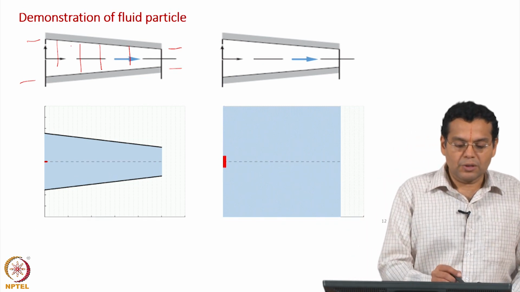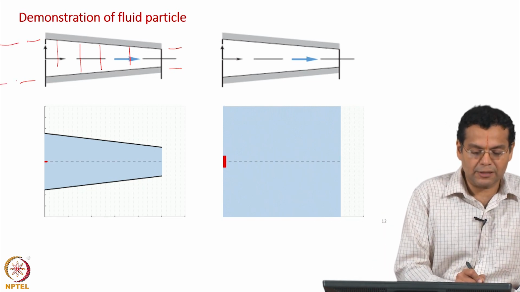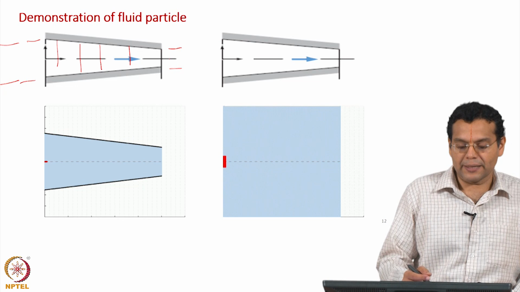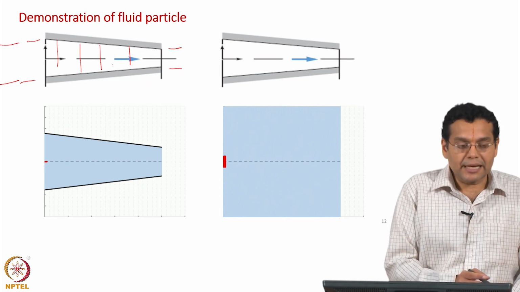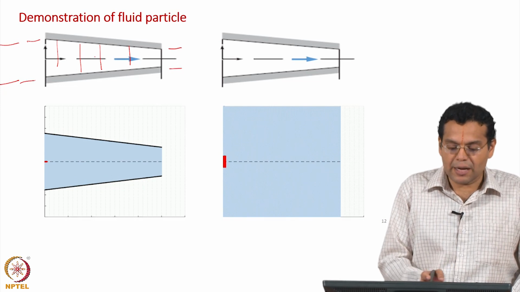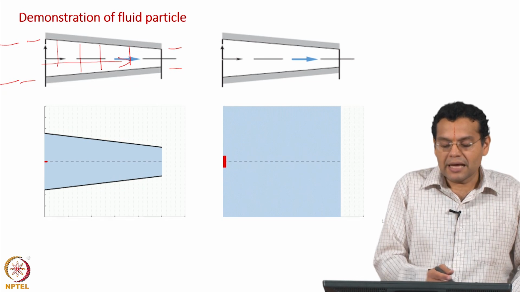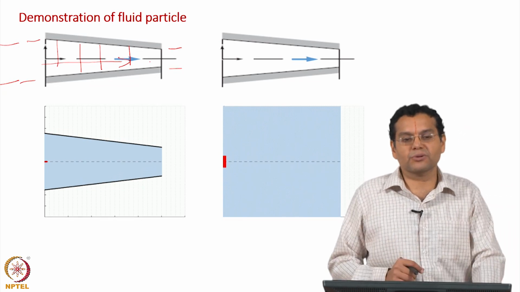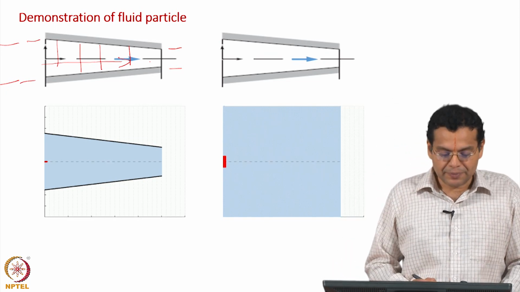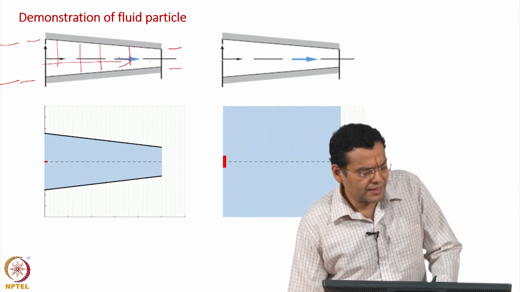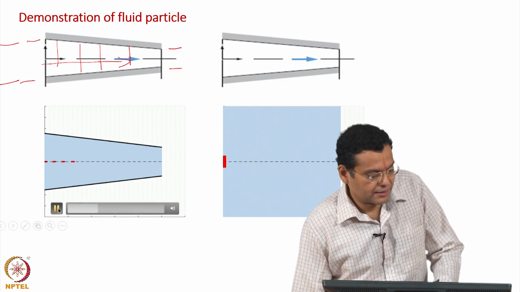In the earlier case there were two parallel plates and the distance was constant throughout. In this case once again you have two plates, but the distance between them reduces, so the area over which flow happens reduces in this direction. So, there is an increase in velocity along the flow direction. That is the reason we have chosen this particular example. Once again, we will consider this example later as well. So, now let us run this simulation, let us see what happens.